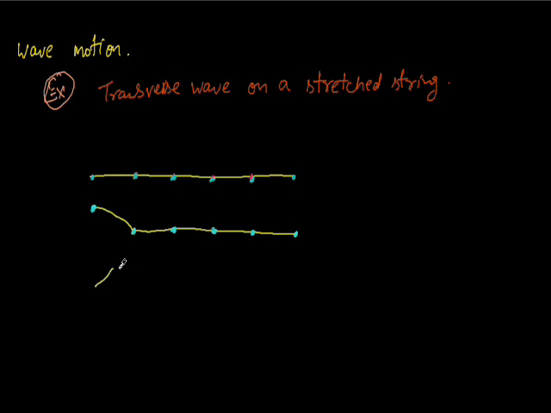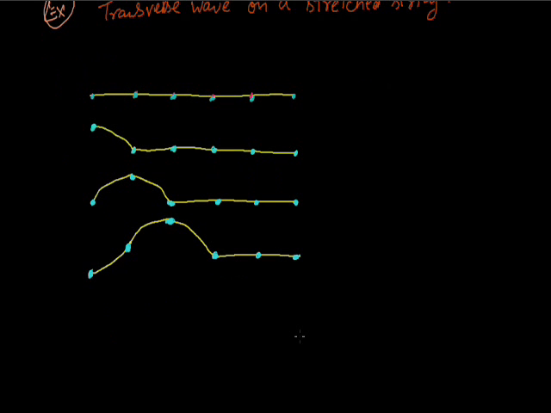The energy will gradually transfer to the next particle, and slowly the vibrations pass on to the next particle, and then the next, and then the next. So a stretched string is an example of transverse waves. Second, a water ripple created on the surface of water is also an example of transverse waves, because